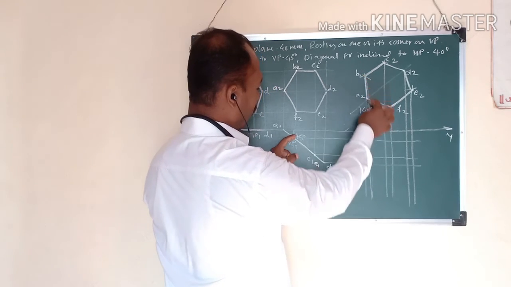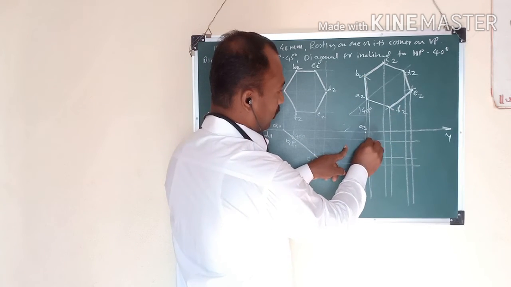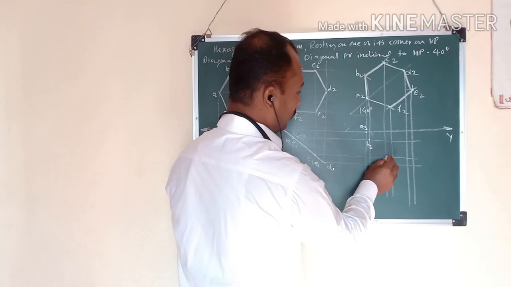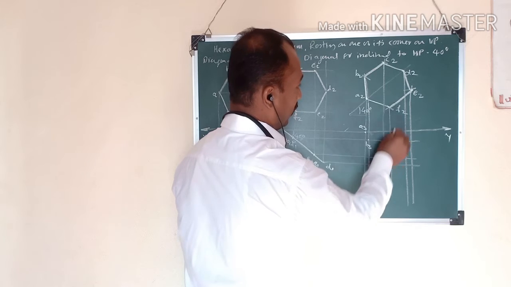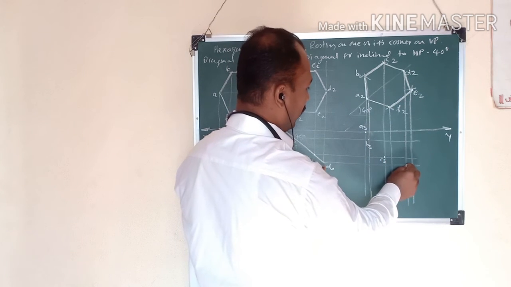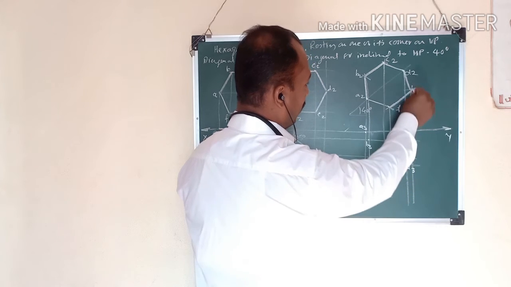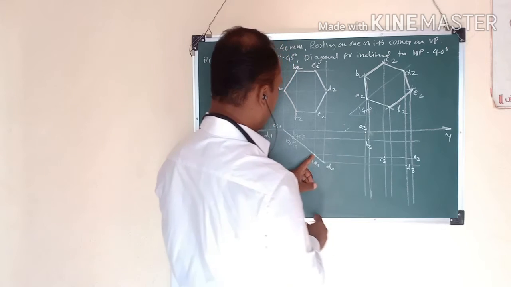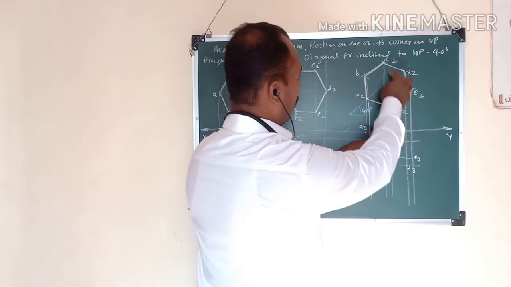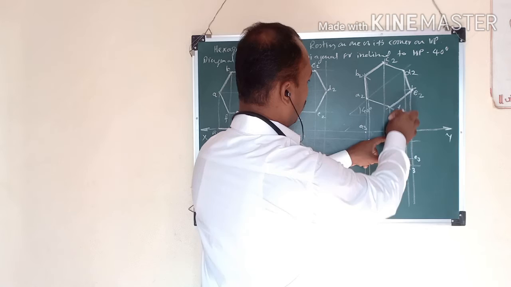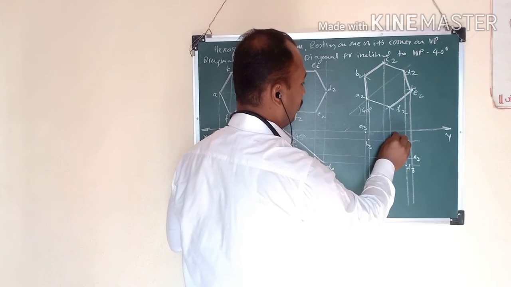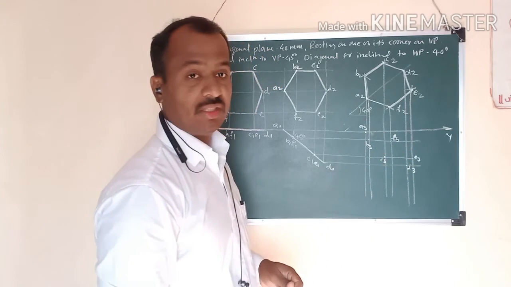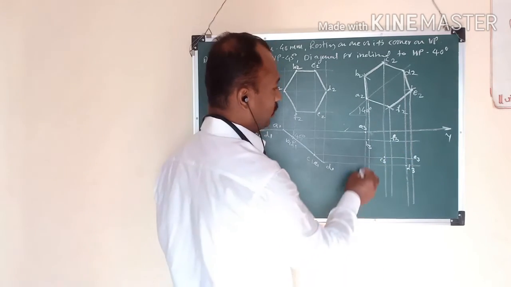Then here there is a B, this is the B, this will be B3. Then here there is C, this is the C, C3. Then D, this is the D, D3. E, E3. Then F is here, and here there is a F. So this is the F3. So like this, assign all these points. Assign all the points, and then join this.